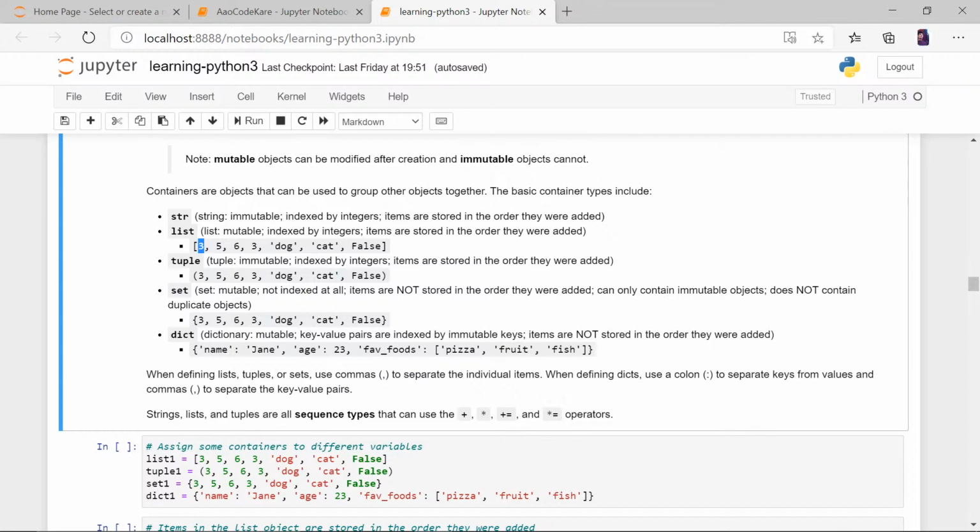You can add anything to the list. You can see here numbers, strings, true and false, right? Boolean values. We studied it yesterday. True and false are Boolean values. Tuple. So tuple is like a list. If you see, tuple and list are the whole thing the same, with just a little difference: mutable and immutable, right?